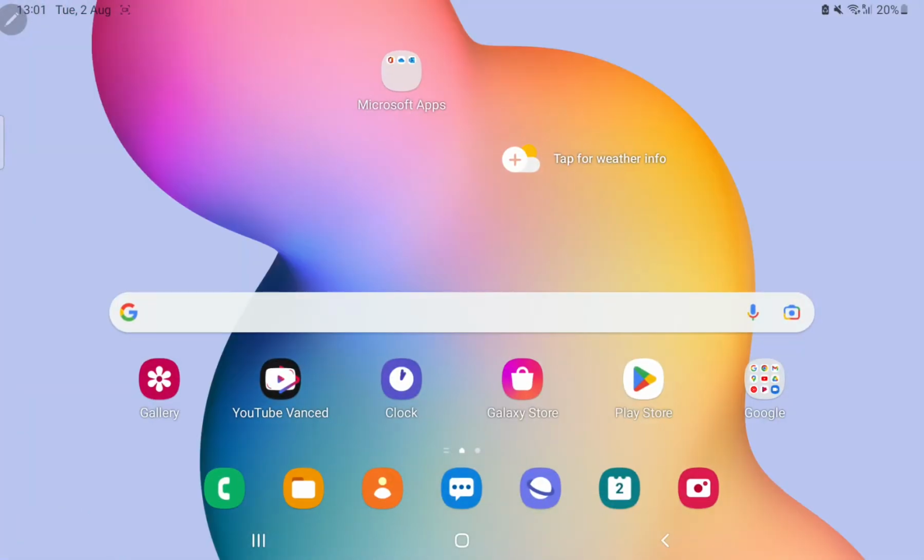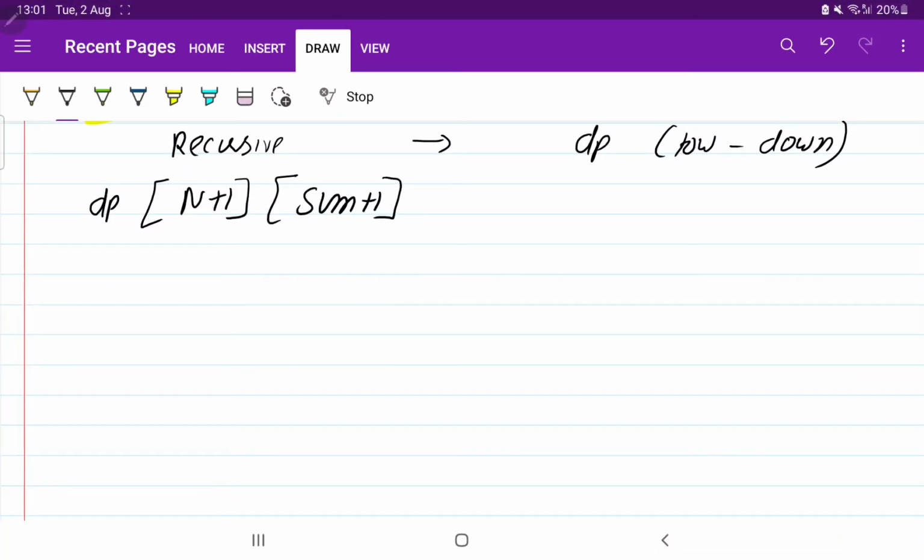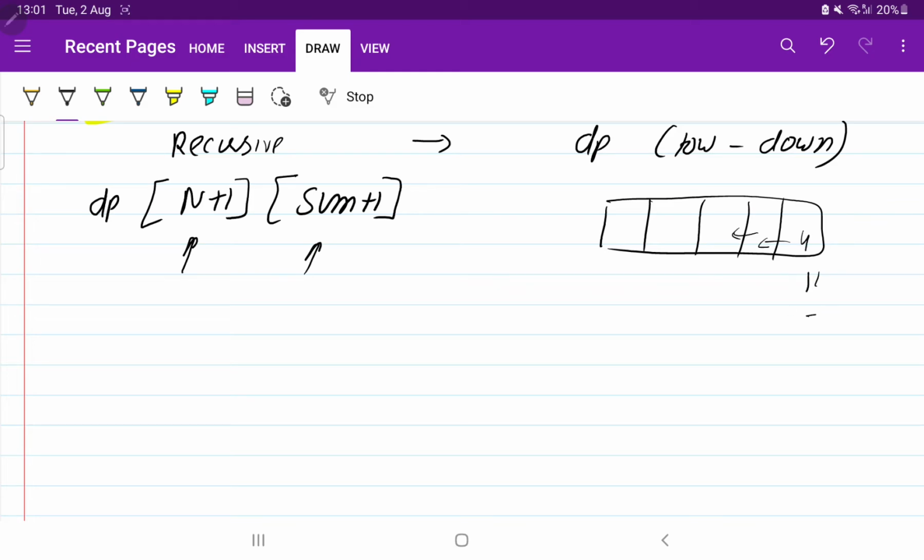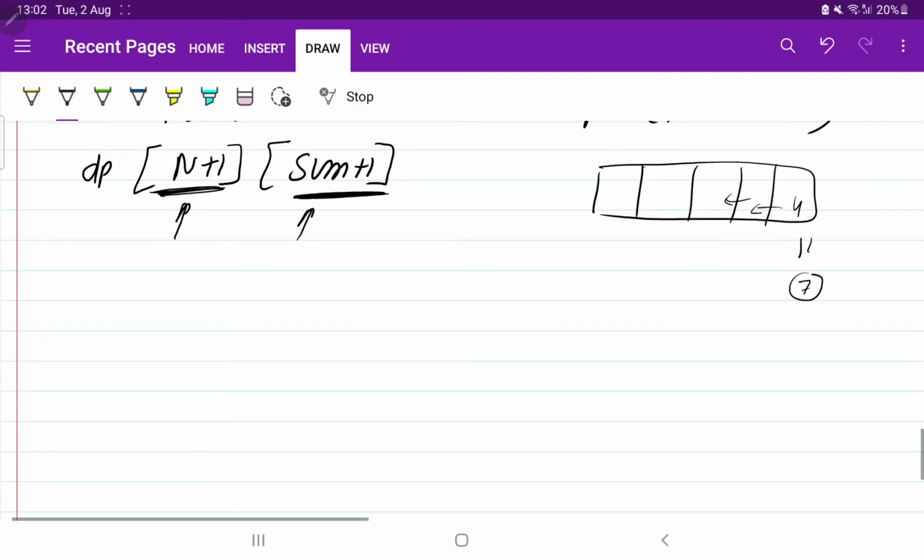What are n and sum? n is nothing but the value that is changing. As I told you, the size of the array is decreasing. Once you take the decision on an element, you come to this side, then this side. So the size is decreasing. That's why n plus 1. And sum also changes. Earlier the sum was 11, but when you choose the last element 4, the sum is going to be 7. So the matrix will have the values which are changing, so that you don't get confused. So n is changing and sum is changing. So what will be the dp?